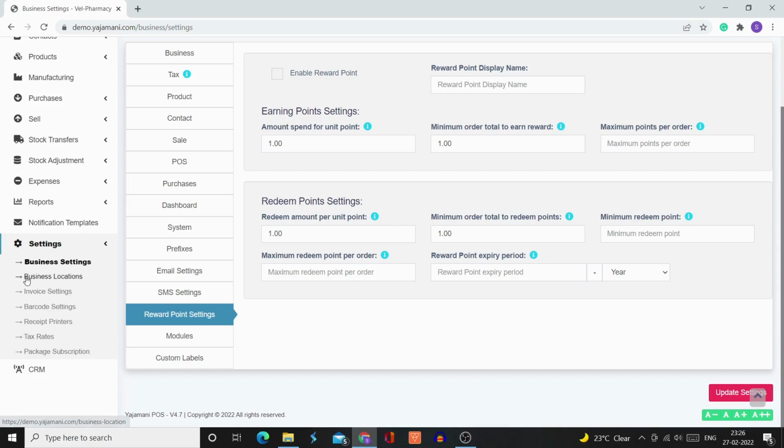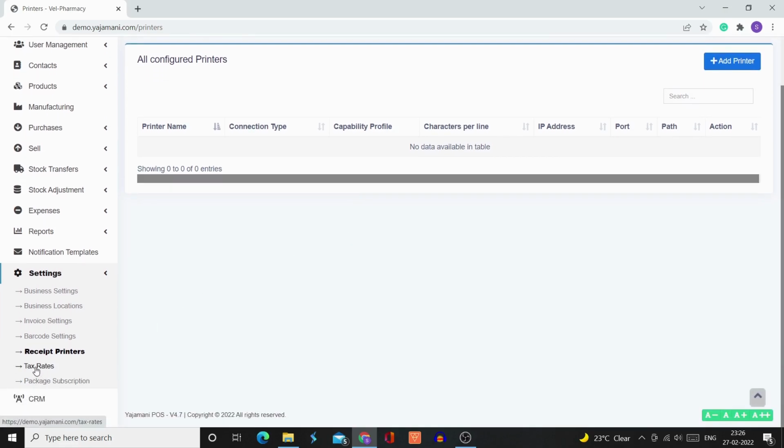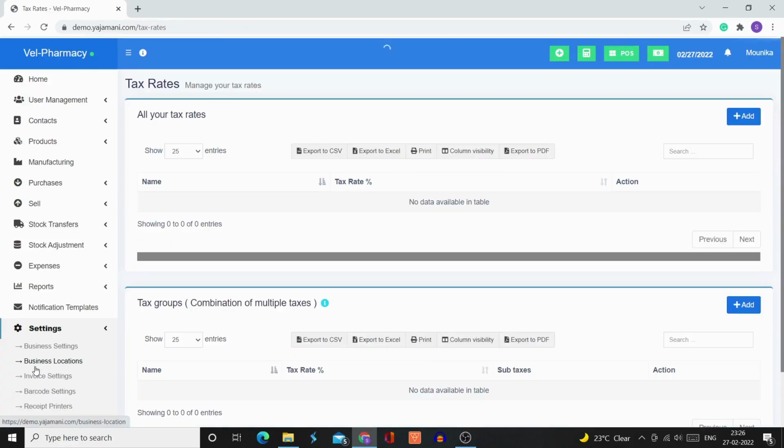And you can adjust the business locations settings, the invoice settings, the barcode settings, and the receipt printers. So the Yajamani POS has been designed in a way that it will accept any type of printer, including the thermal printers also. And then coming to the tax rates, here you can add the individual tax rates here,